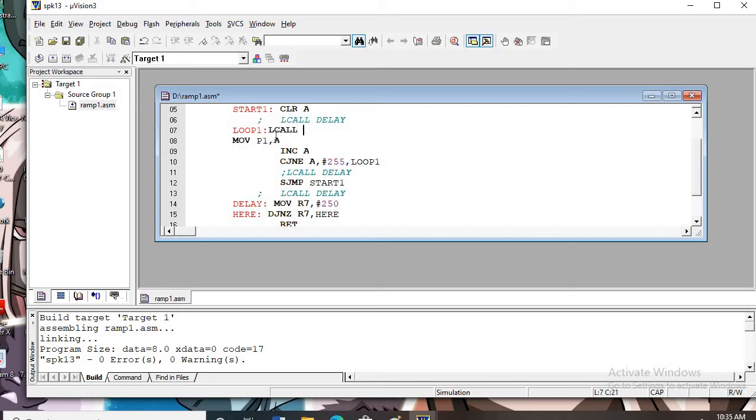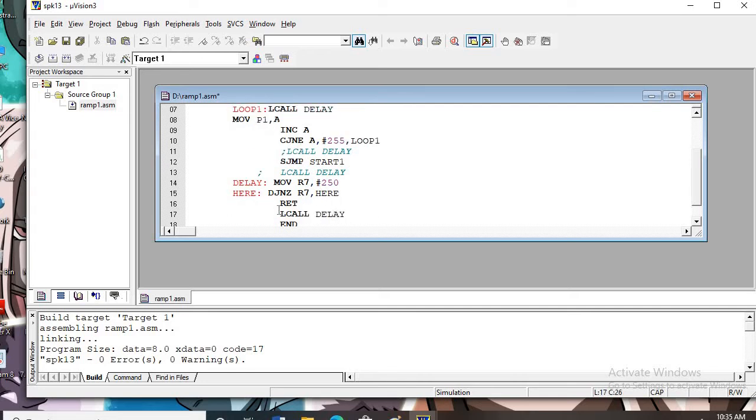I'm showing you the effect of delay, how exactly it works. This one I will now remove. See,